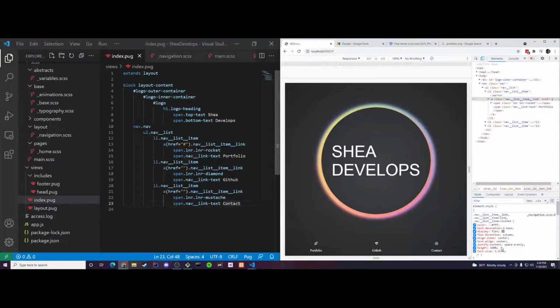I like 1.5 rem. That's pretty good. Maybe even 1.87. Yeah. Let's put the font family sans serif. Font weight, then